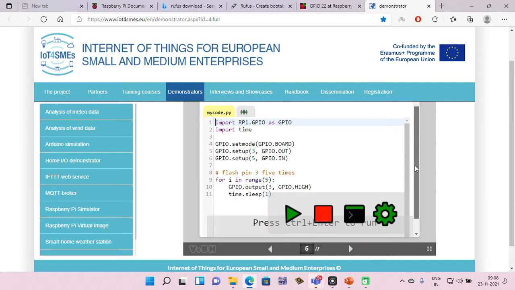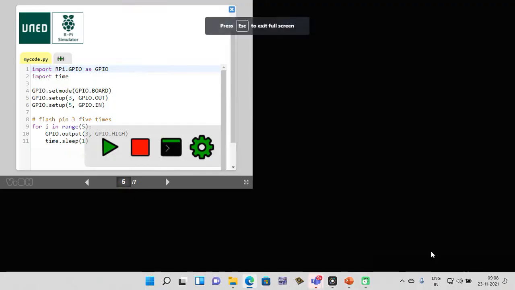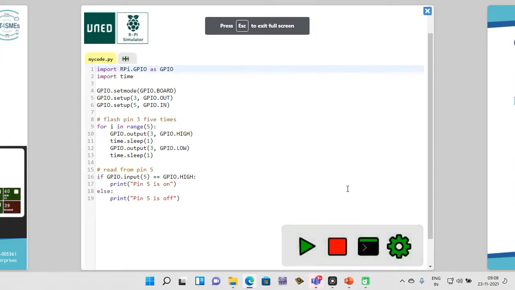Look over here. This is a small program that has been written. We have set the board mode. We have defined that pin number 3 is the output pin and pin number 5 is the input pin.